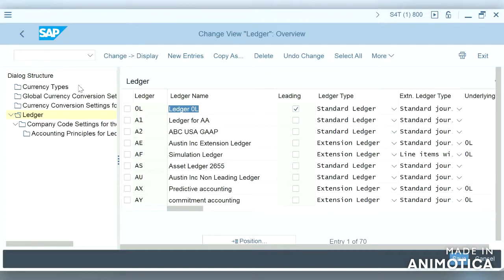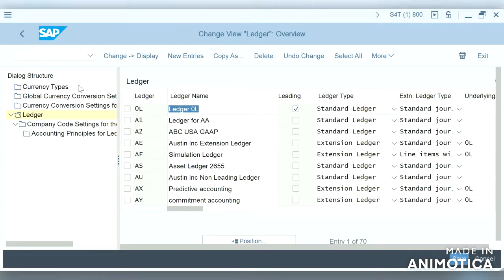In addition to these ledgers, we also have roll-up ledgers and day ledgers. A roll-up ledger is where we combine summarized data from other ledgers in general ledger accounting. This enables us to compile cumulated reports on different ledgers, rolling up, so combining different ledgers into one ledger.